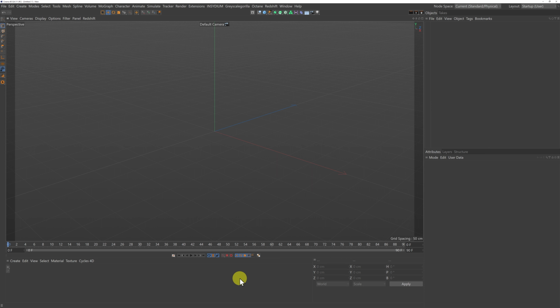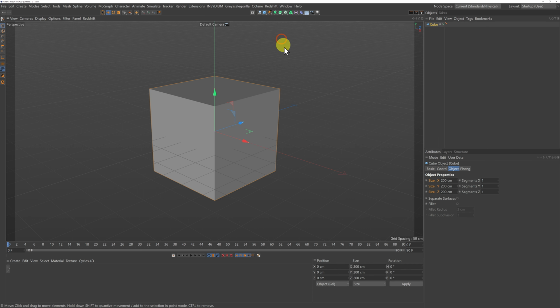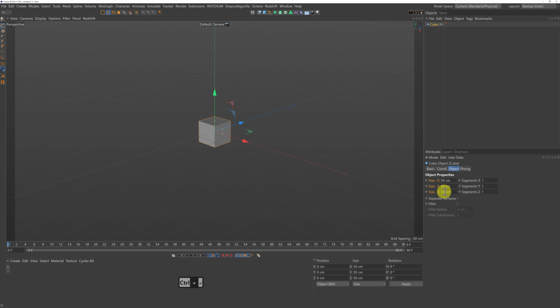Okay, so with that being said, I'm just going to show you how the cloner works with the blend option before we start making our animation here. I'm going to bring in a cube. In this example, I'm going to blend between a cube and a sphere. I'm going to make this cube smaller, so I'm going to make sure that all my parameters are selected here. I'm just going to change the X here, hold Control and Enter, and this is going to change all the parameters there. And I'm just going to drop in a sphere,